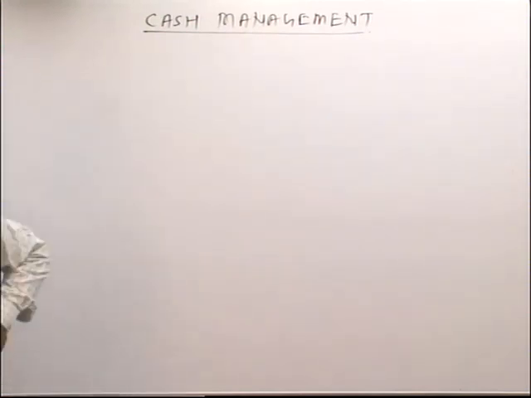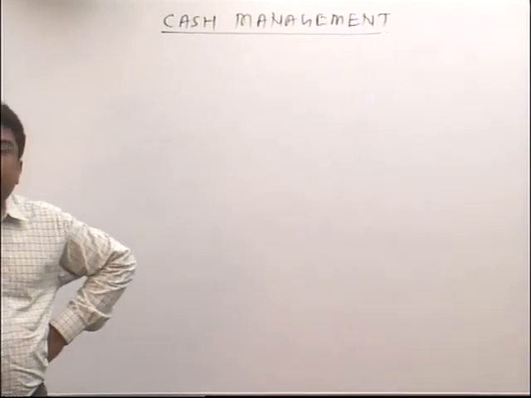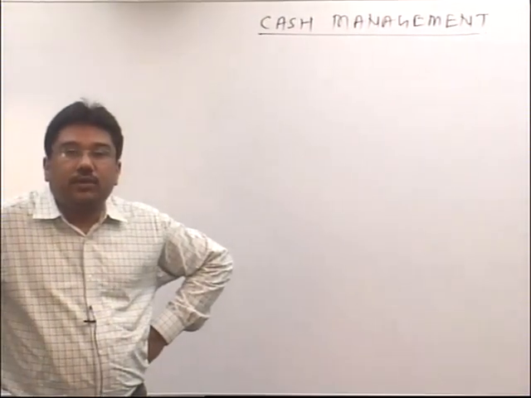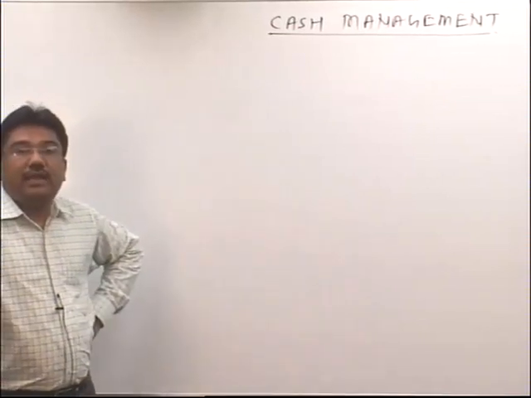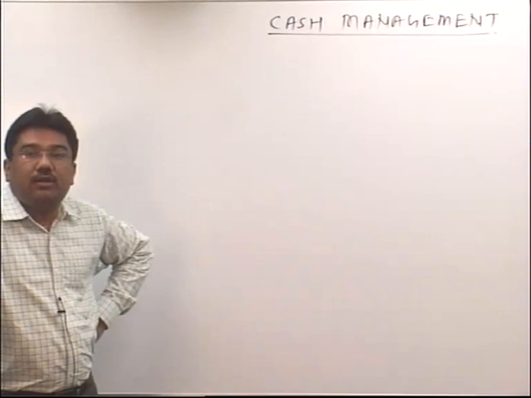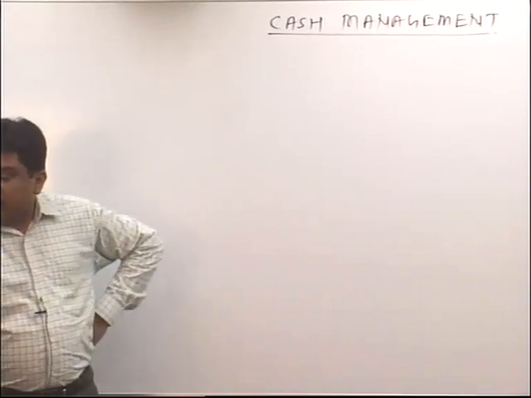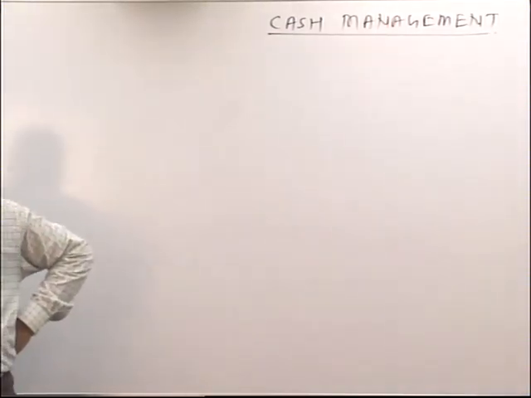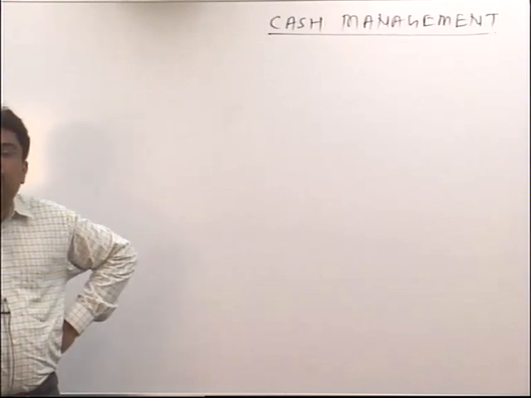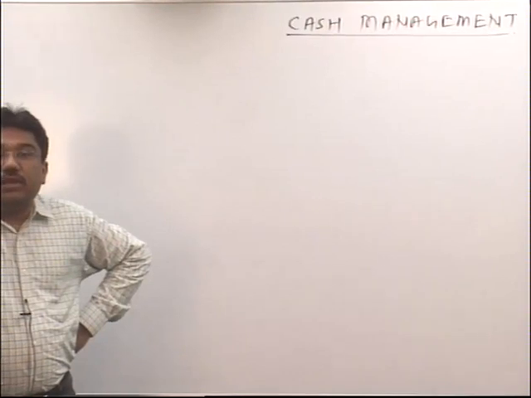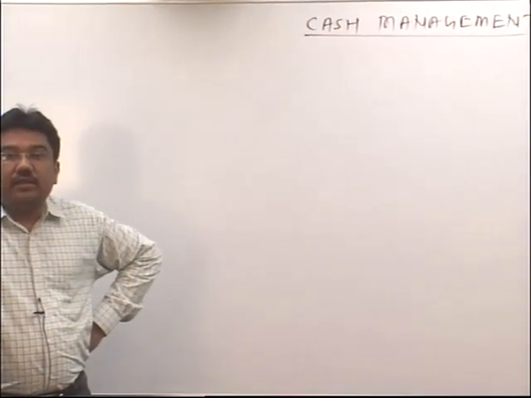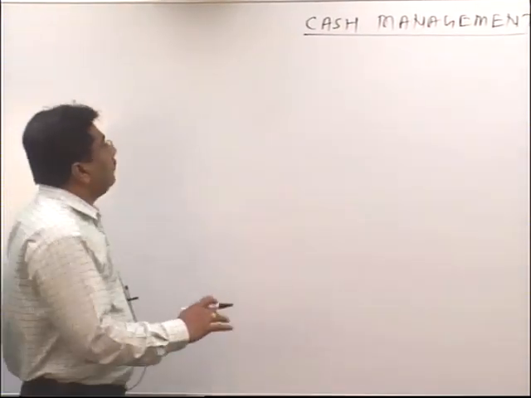Now all the students pay attention. In question number 3, working note number 1, last time we found out the payment of salary per month or month-wise payment of salary. The second one was month-wise payment of other expenses. Now today in working note 3 we will find out what is the month-wise purchase and its payment. So please write down working note 3.